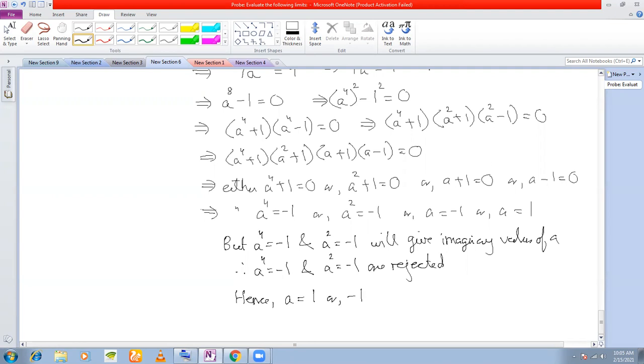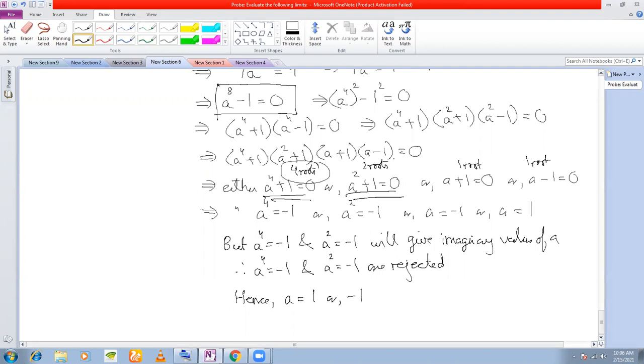In fact, what kind of an equation is this? This one, a to the power of 8 minus 1. It is an equation of degree 8. It will have 8 roots. Actually, these two equations will give you 6 roots. This will give you 4 roots. This will give you 2 roots. This will give you one root, and this will give you one root. So in total, how many roots are you getting? Eight roots you are getting.